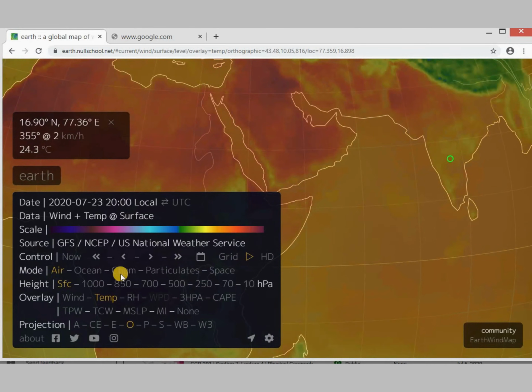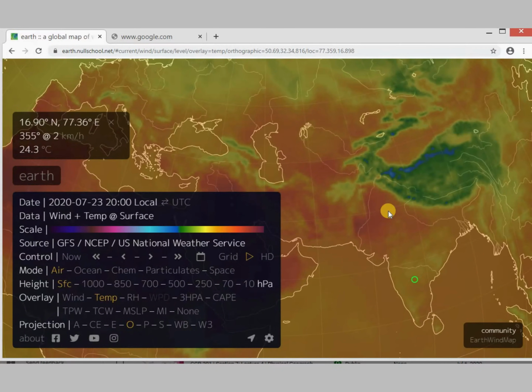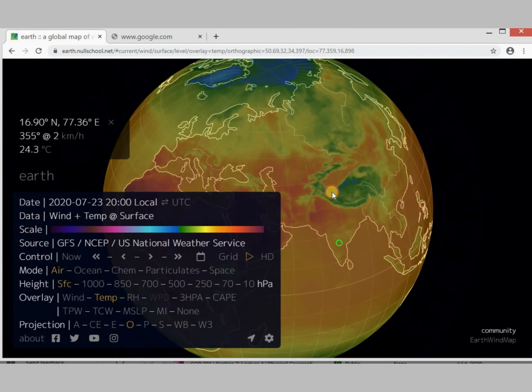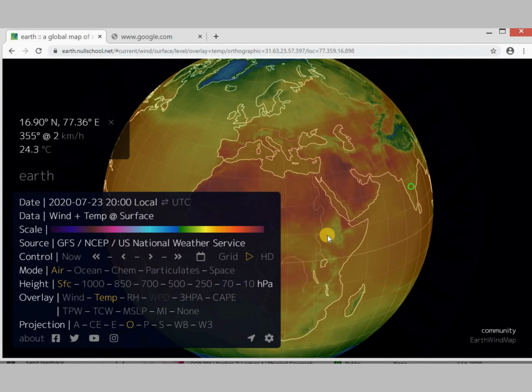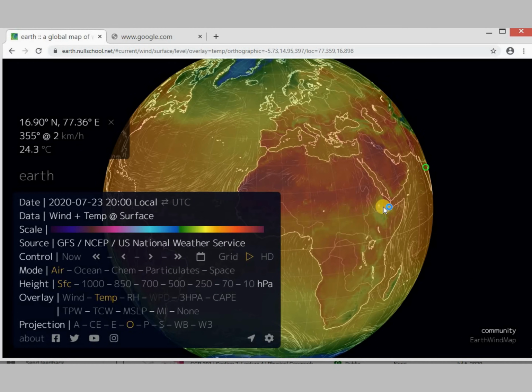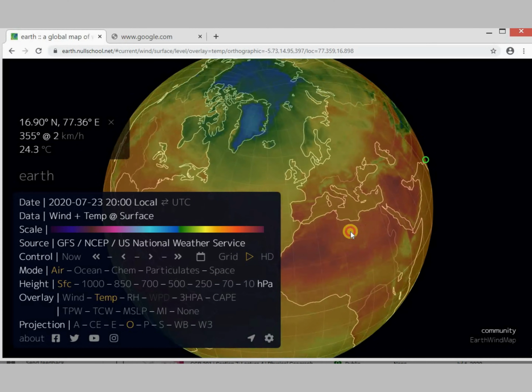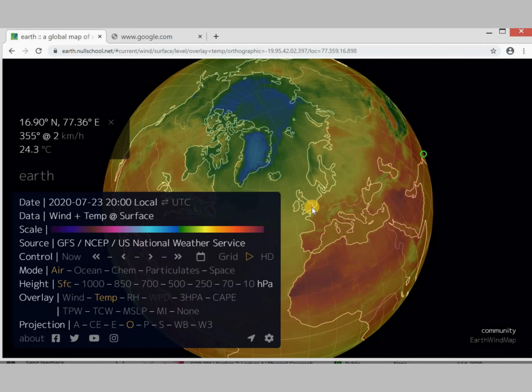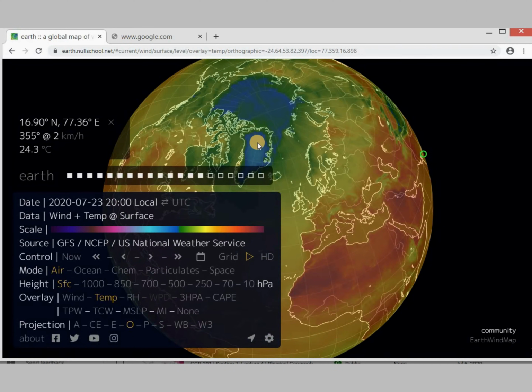So with the temperature tool, you can find out the temperature of different areas of the earth, and we can have the global overview by zooming out. We can find out the overall temperature pattern prevailing at the moment throughout the earth. This is Greenland and it's blue.